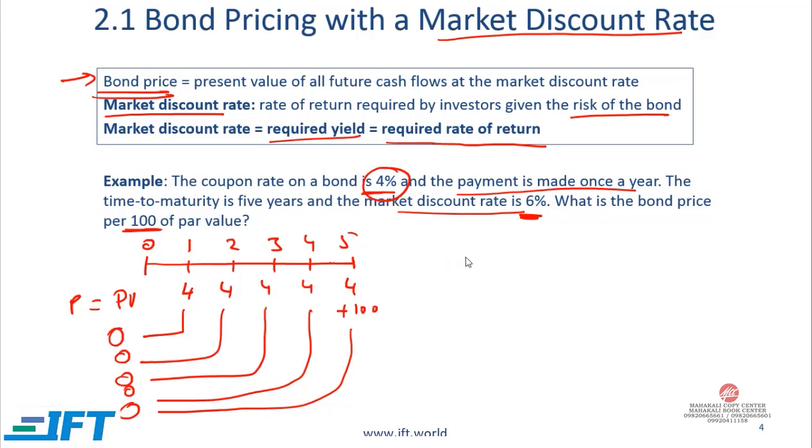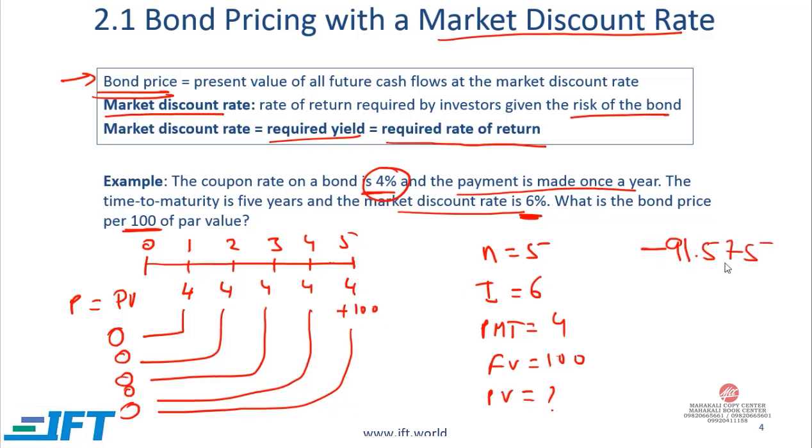What you need to do is plug in the following. N is equal to 5. The interest rate is equal to 6%. Payment is equal to 4. Future value is equal to 100. And you compute the present value. The answer you should get is